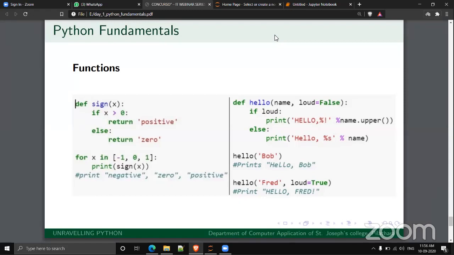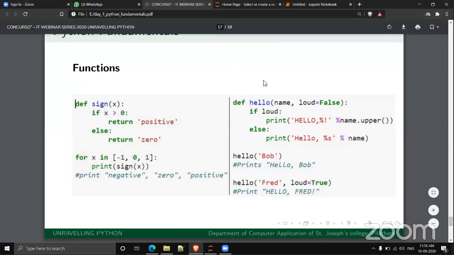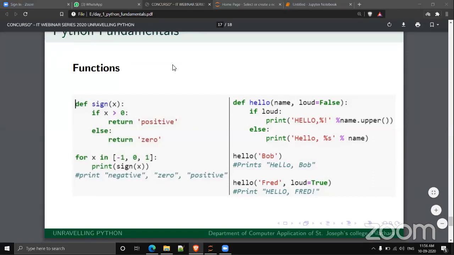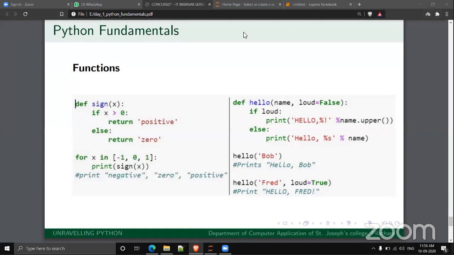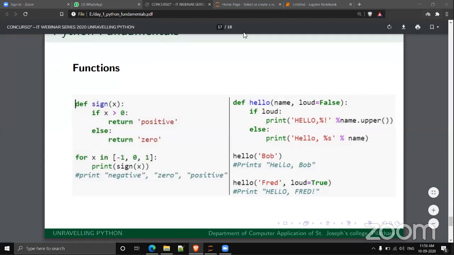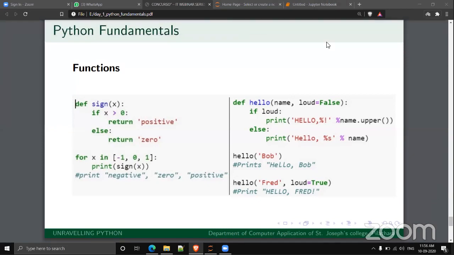Where is this annotation? I'm not able to see that annotation. So this by default having an annotation. I don't know.